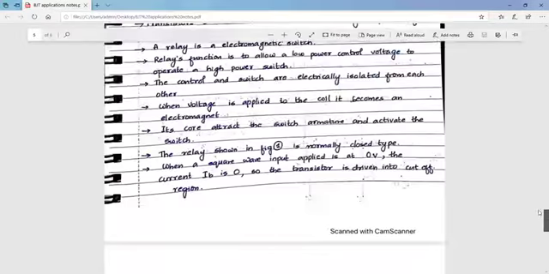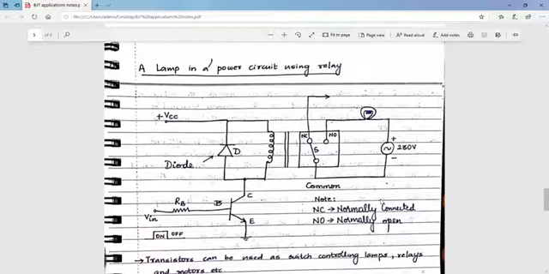Now let us see here. Right now we know that we can give only two inputs, that is 0 volts or plus 5 volts. If there is a voltage or current flowing through this coil, it will energize and move this switch from NC to NO. But right now, since Vin is 0, my IB will also be 0. So let us see that particular case.